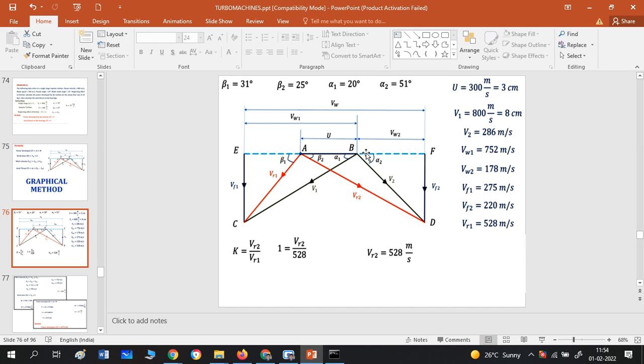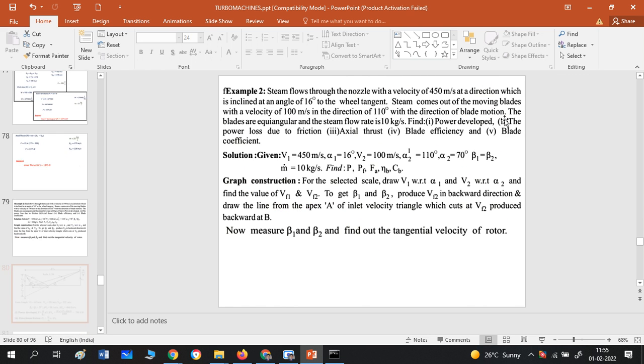Next is to decide the scale to be drawn. Here the values given are very near to 1000. If the values are near 1000, you can take the scale as 1 is to 100. All of you note down. In this problem, I can take the scale 1 is to 100, which means every 100 meter per second is 1 centimeter. If it is 800 meter per second, divide by 100 and I get 8 centimeter. Point is clear.